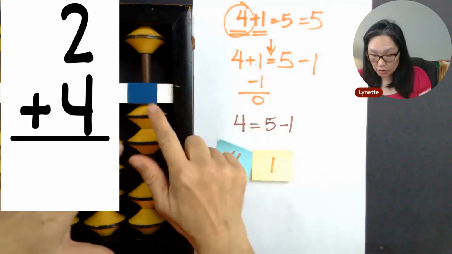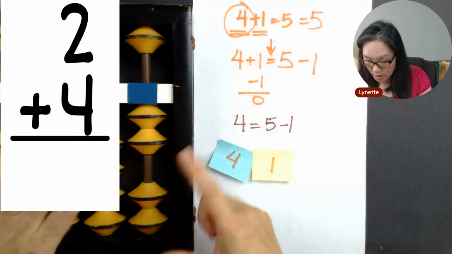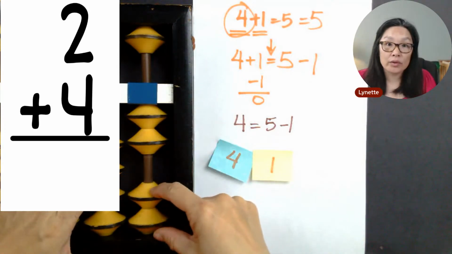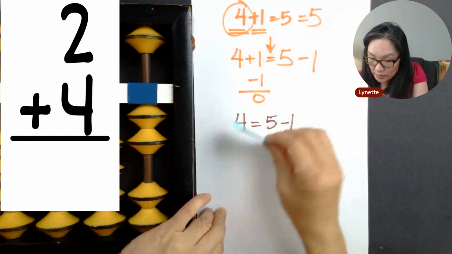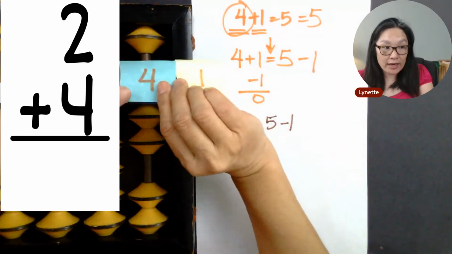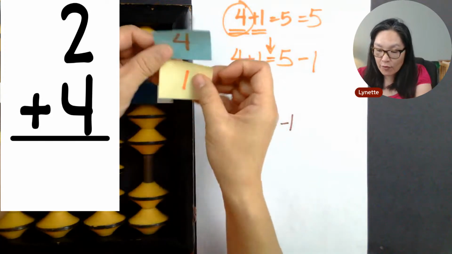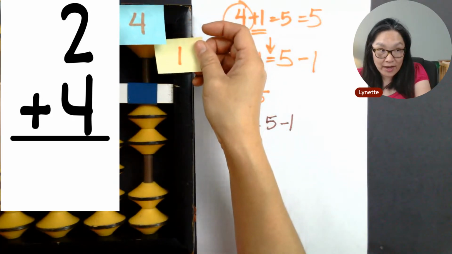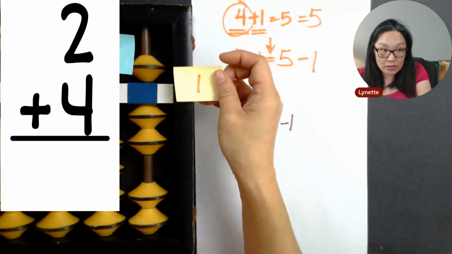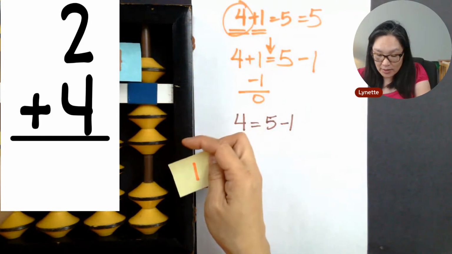We have 2 on the abacus. We need to add 4. There's not enough beads to add 4 because we only have 2 down here, right? We only have 2. So what we need to do is go to our 5, right? Our 5 has a 1 and a 4, but we're only adding in the 4. So what we do is we take the 5 and we move it down, and then we minus the 1,